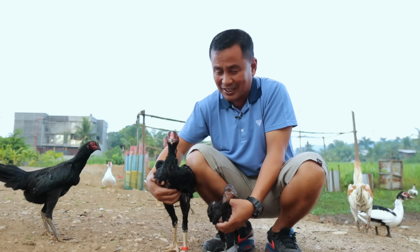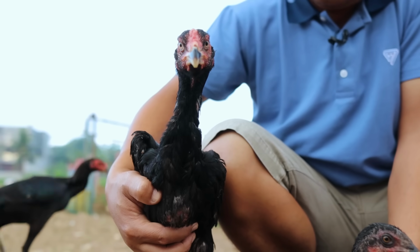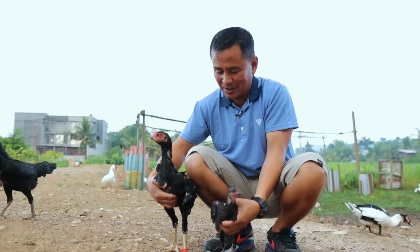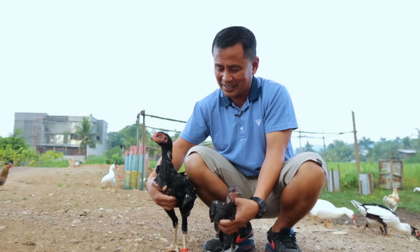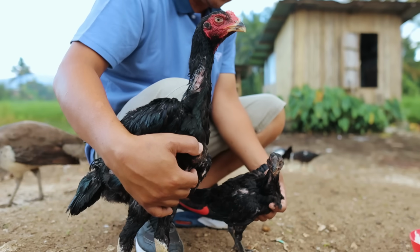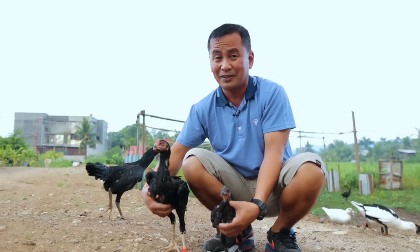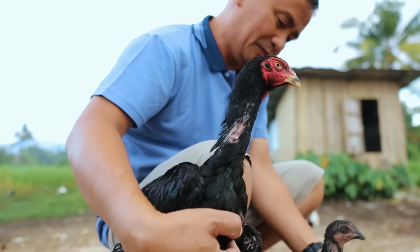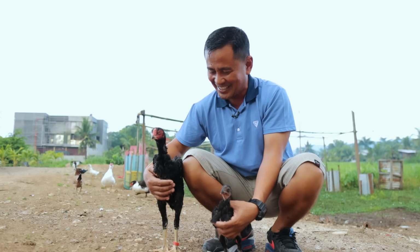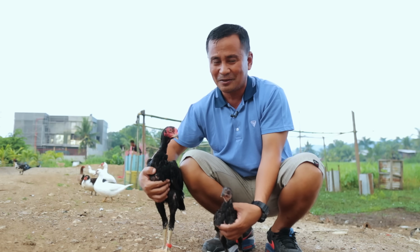So I'm really very interested to infuse the breeding line of the SHAMO TANAKA to our asil here. And it will give us good offspring, I believe, because they have the same breed actually. Only that this pure breed is larger compared to the asil type of chicken. Aside from being extra large, this TANAKA SHAMO is actually very tall. We are looking forward to be able to produce our own breed and be able to also sell this in the market. So this is it, and I'm so happy about the new breed of chicken that we have acquired,